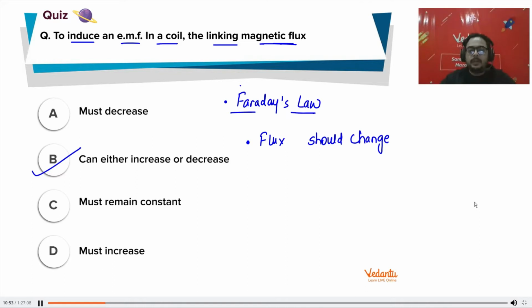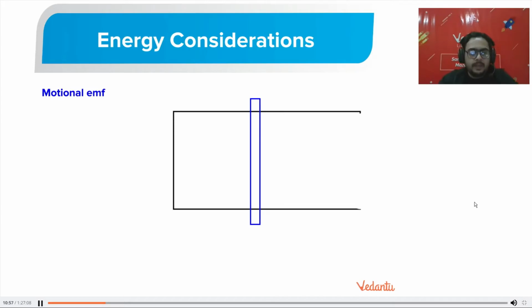Chalo. Then what we have to study? Let us talk about that. Okay. The next topic is called motional EMF. Now the name is motional EMF. Let us understand how does it work. Okay. Let me say there is some magnetic field in the region. By the cross, I am drawing magnetic field. There is some magnetic field in the region like this. Okay. Let me say magnetic field is B.